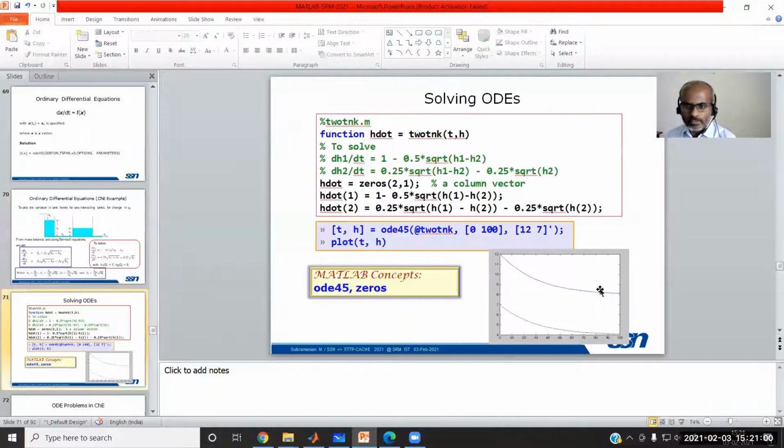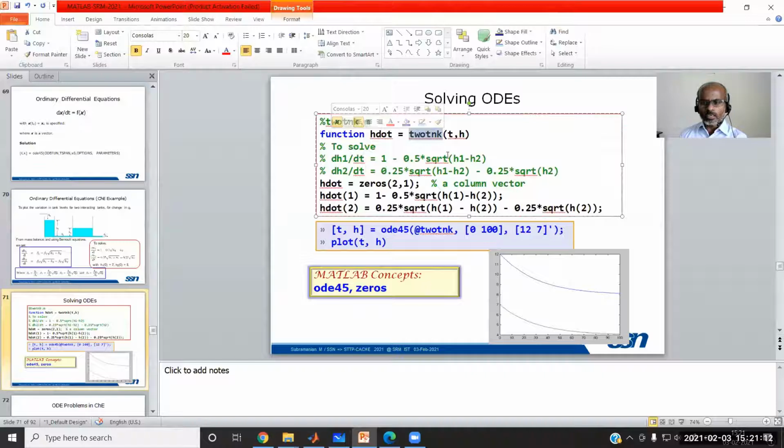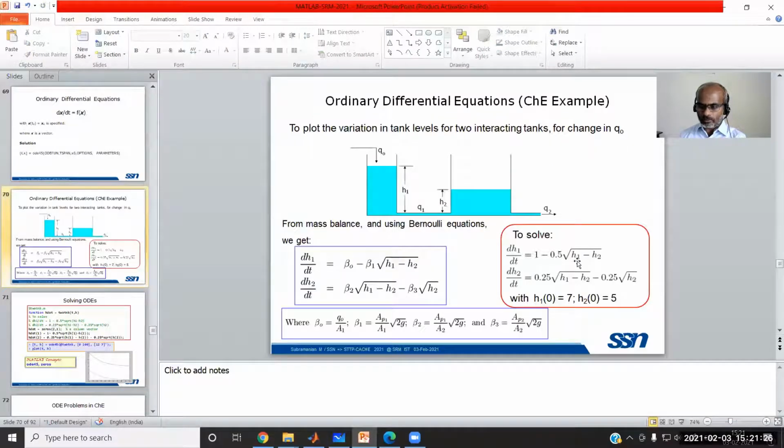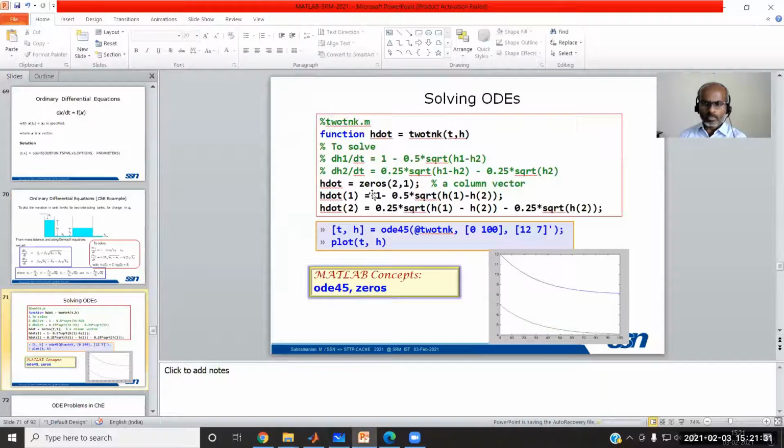We are now going to solve this equation like any other solver problem. We are writing this function file. Of course, the function file is twoTank.m, which is taking t and h as the variables. The first variable is the independent variable, the second is the dependent variable, and the dependent variable is used in this equation. In what way? These dependent variables h1 and h2 are here, whereas the independent variable no longer appears here. So this t simply remains as such.